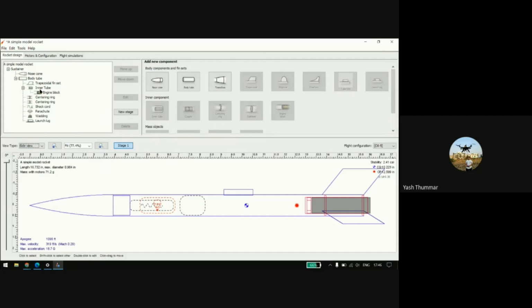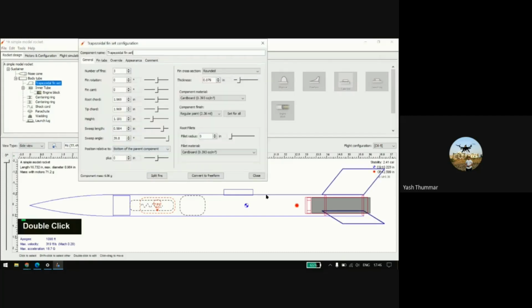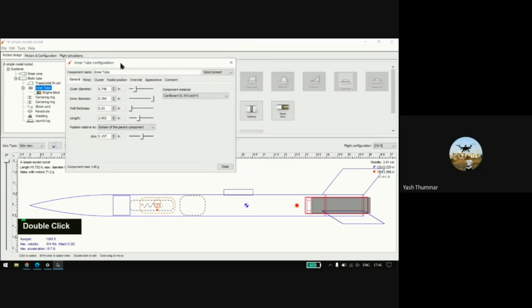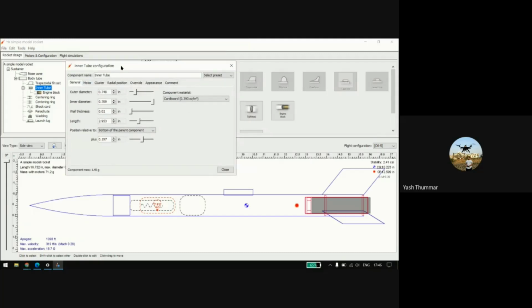Okay, and after these fins, you have to go with the inner tube, which you will find here. In the inner tube you have to put the engine block and other things. The inner tube is a simple body tube, used to put solid motors in. The same applies to the outer diameter of this inner tube.